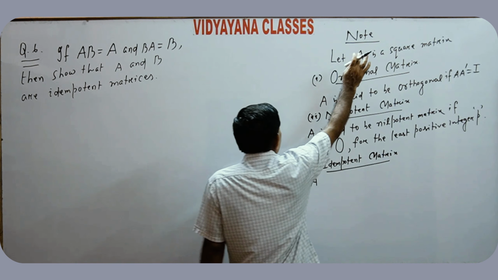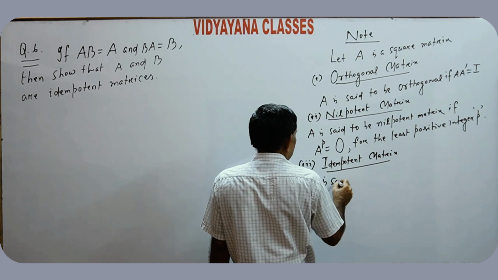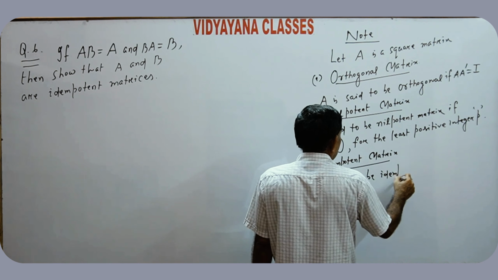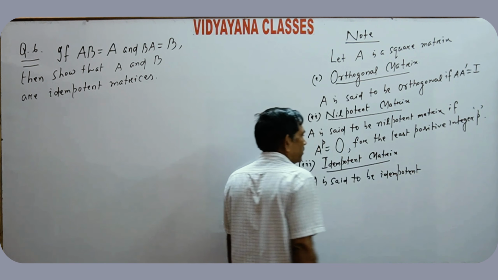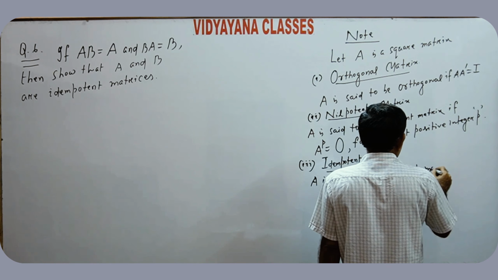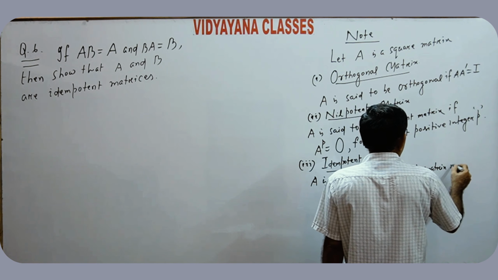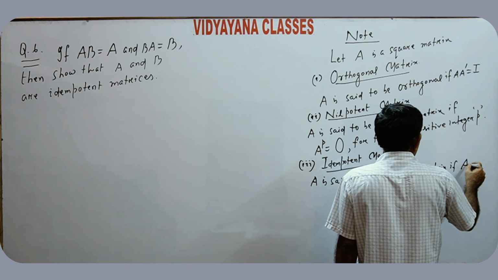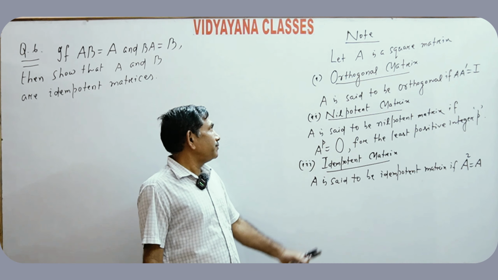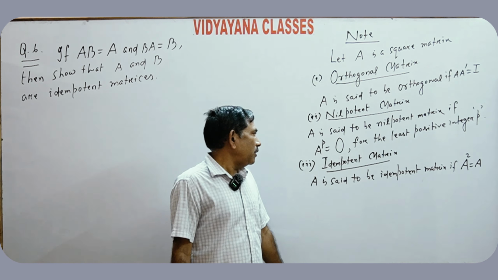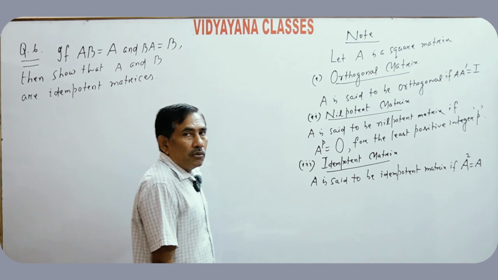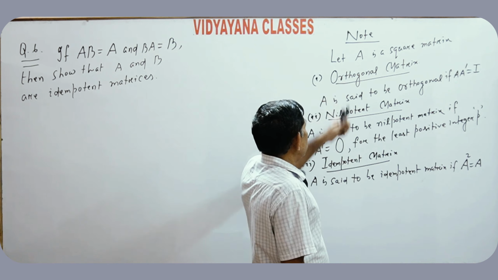Capital A is said to be an idempotent matrix if A square is equal to A. The matrix is said to be an idempotent matrix if A square is equal to A. Clear? Last,